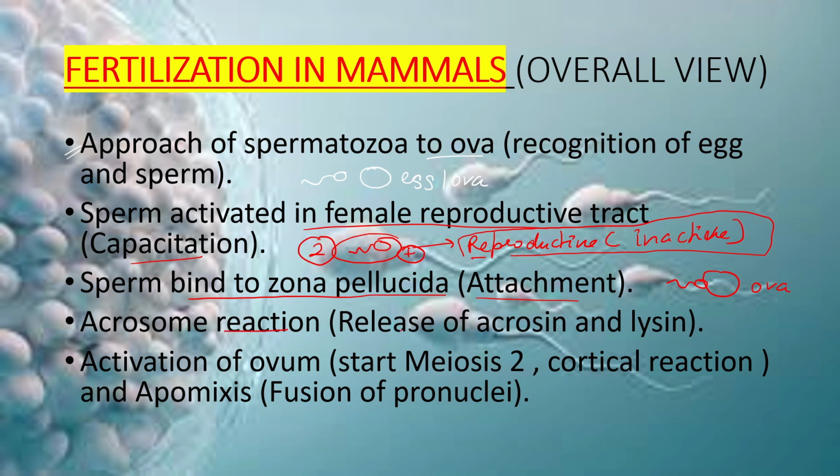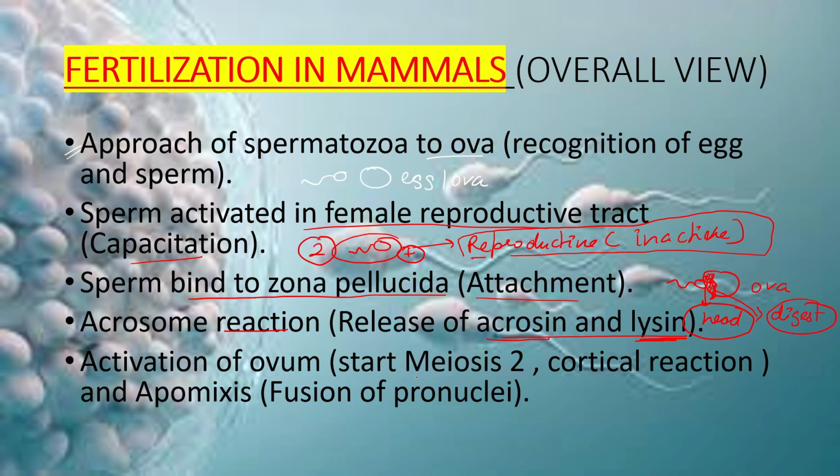Acrosome reaction, release of acrosin and lysine. Now what will happen? The acrosome is present in the head of the sperm, and due to the acrosomal reaction, this layer can be penetrated by the sperm with the help of acrosin and lysine. So the sperm acrosome releases some chemicals, that is acrosin and lysine, and digests this layer and penetrates